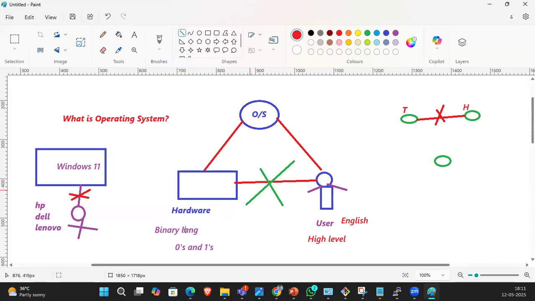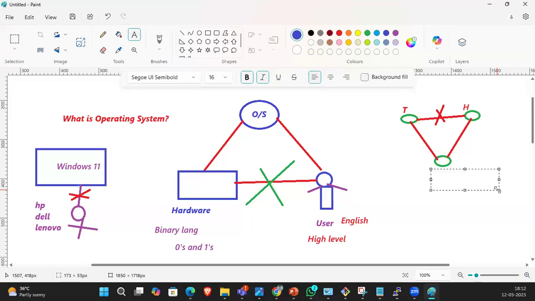So what do we need, guys? We need a mediator. Who is a mediator? A mediator knows both the languages. So Hari is the mediator and Hari knows both the languages. Whatever Kavita wants to convey to Ashwin, she will inform Hari. Hari translates that from Telugu to Hindi and informs Ashwin. Same way for whatever Ashwin says.